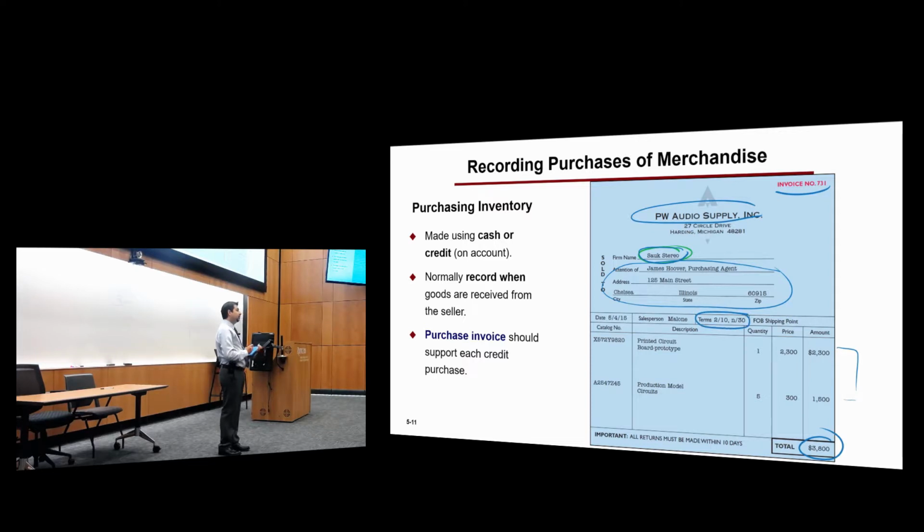You have this one here. This is the terms of the sale. When you read 2/10, n/30, we'll talk about that a little bit later on. That means the buyer will get a 2% discount if they pay within 10 days. However, the full amount will have to be paid within 30 days. It tells you about the shipping. Who's paying for the shipping? We'll talk about each one of them in detail later on. It has a date. You see, this information is very useful.